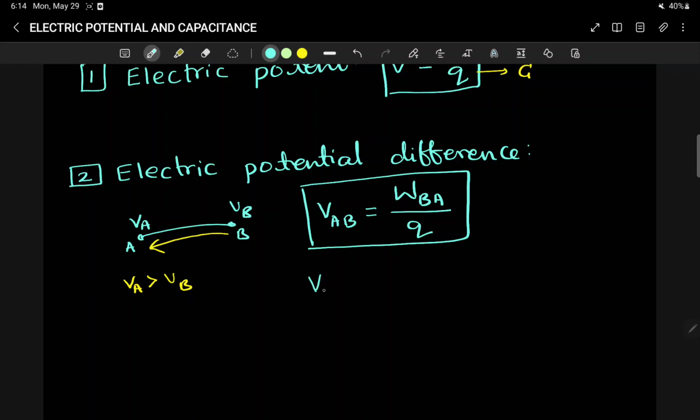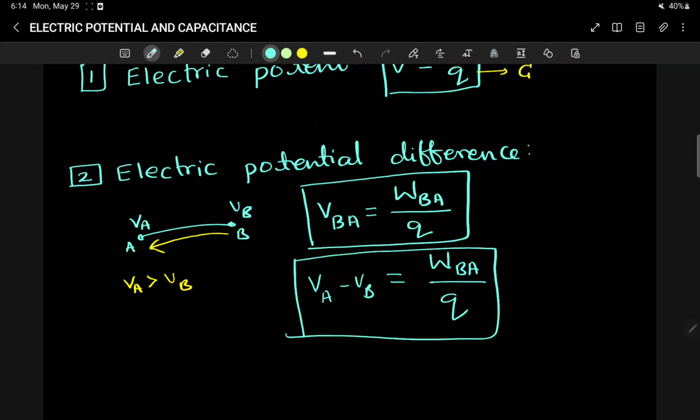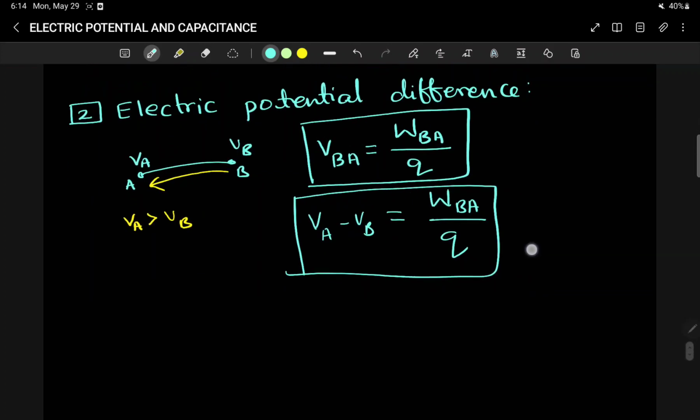So you can write like this: VAB is written as VA minus VB, or you can also write like this: potential difference between point B and A, because we are moving the charge from B to A, right? Let me write VBA, and work done to move the charge from B to A, here you will write this like this: VA minus VB. Why? Because VA is greater than VB. Now we can write like this: that is equal to work done to move the charge from B to A divided by Q. You just have to use this formula to calculate the work done under potential difference. Okay, next,